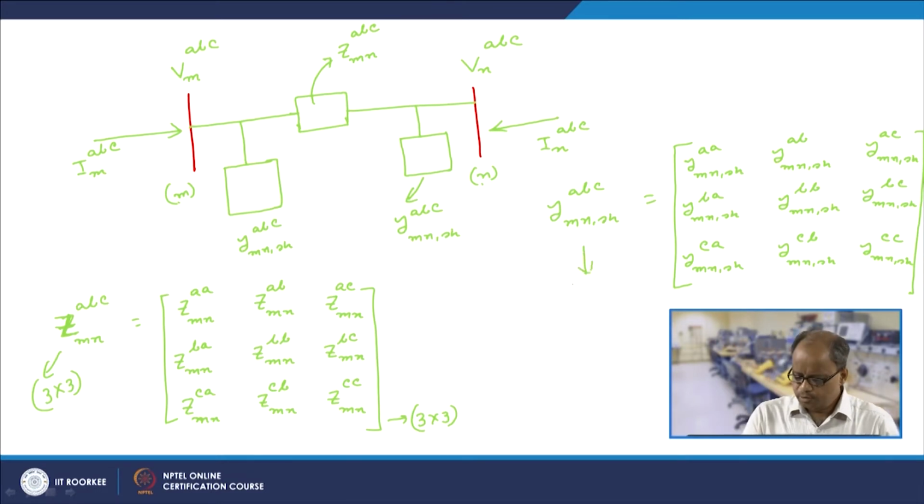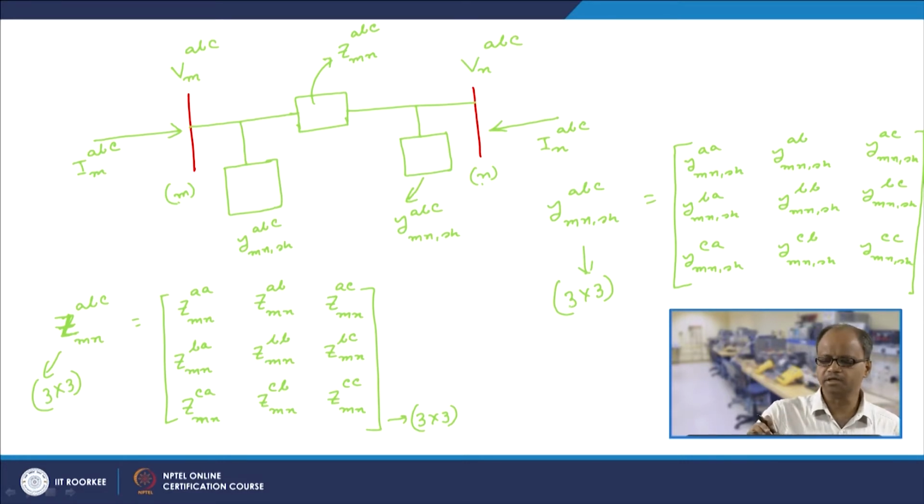So, this is also a 3 cross 3 matrix. For each and every line, we will have this kind of representation, right. Now in our small example, with this particular representation of the lines,